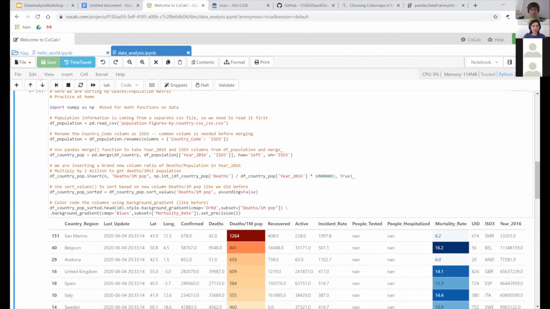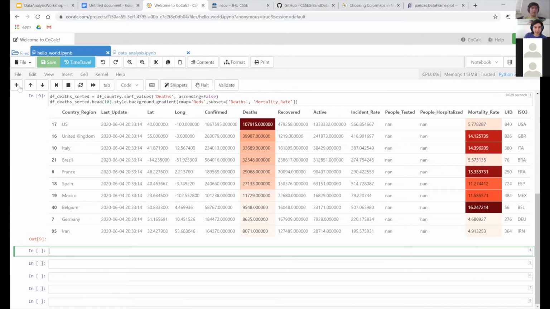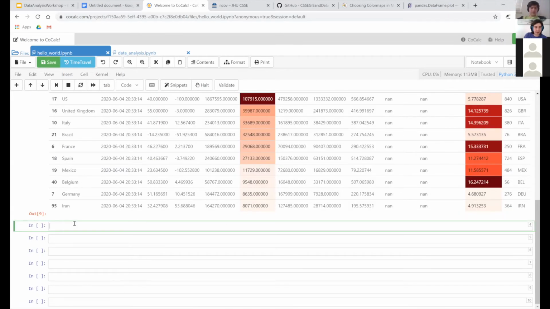Now, okay, let's go back to the Hello World file and start another activity. In a new cell, we can also show this data in a scatter plot, and we can do that using a module called Plotly. So we can import plotly.express as px,